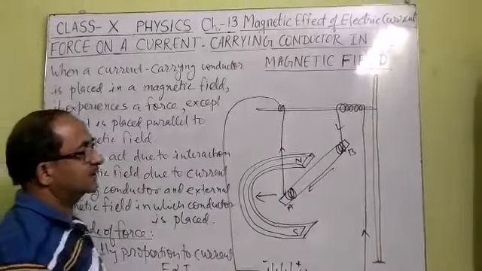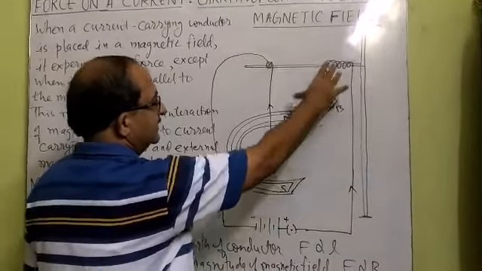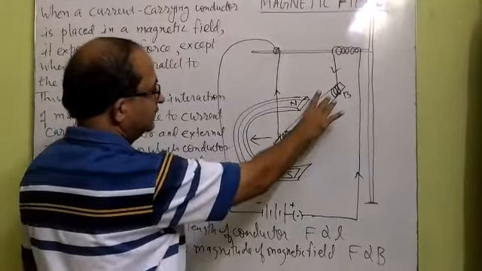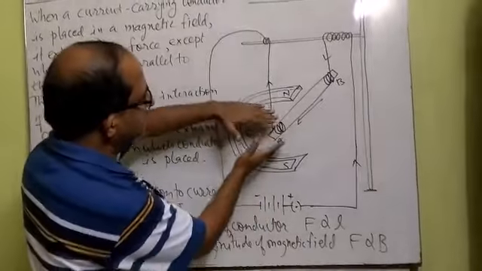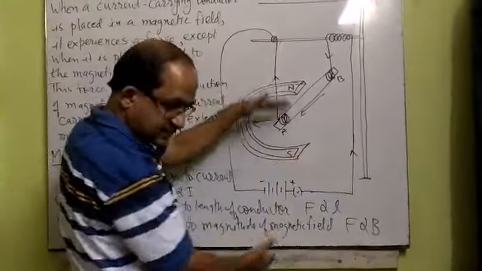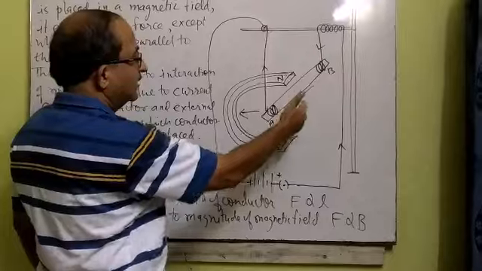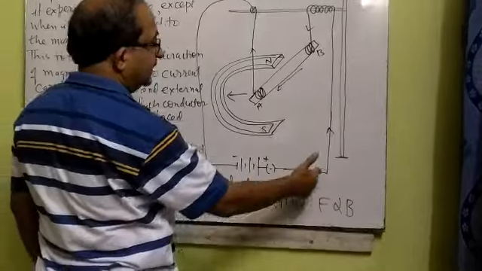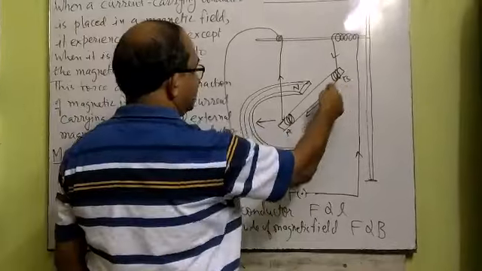Just understand with the help of an activity. There is an aluminum rod AB, a conducting material, which is suspended with the help of a wire horizontally, and now this aluminum rod AB is placed inside a magnetic field in such a way that the north pole is just above the rod and the south pole is just below the rod. It means the magnetic field lines move from north to south, means upward to downward. Whereas when we connect the coil with the help of a source, means battery and key, and when we connect the key, the current will pass through the rod in the direction B to A.